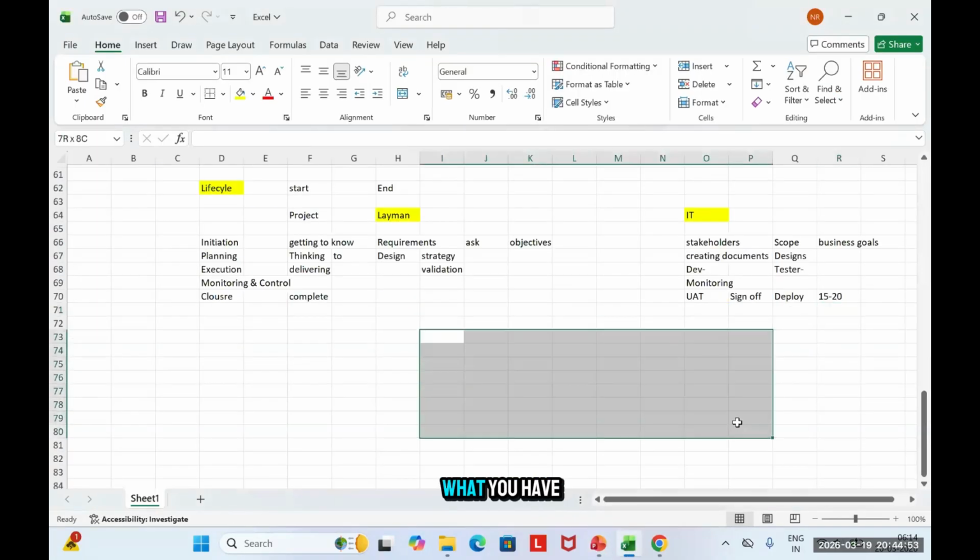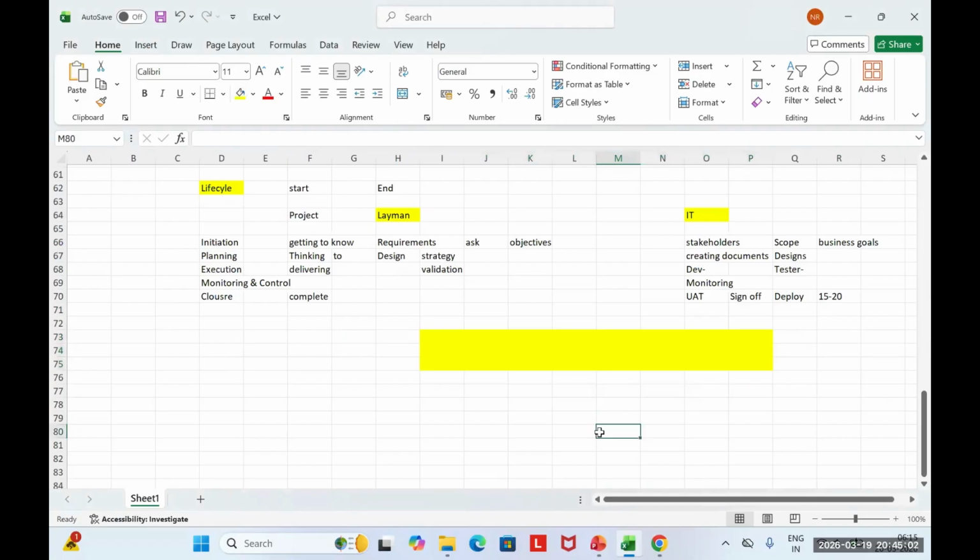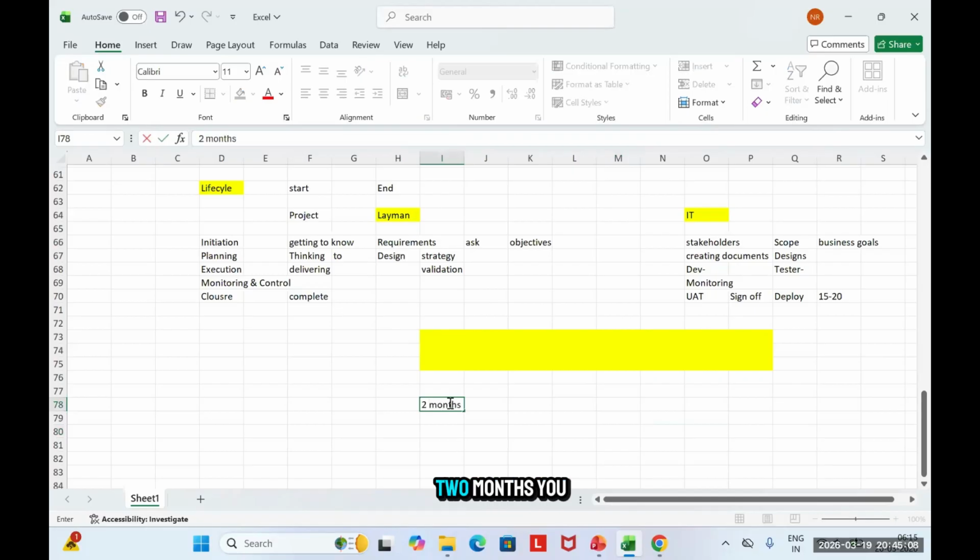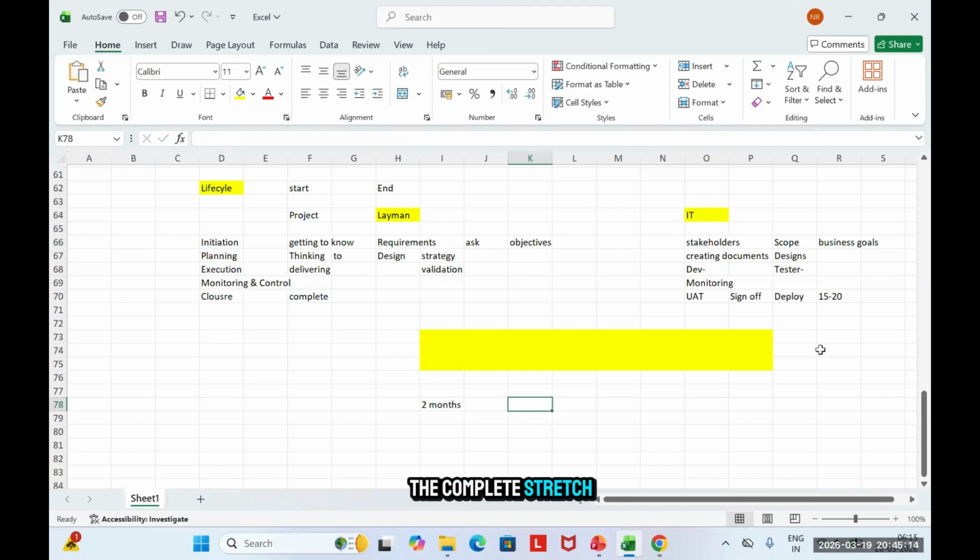Suppose this is the complete work you have to deliver, and this is the timeline. Right now the timeline is maybe 8 weeks, or roughly 2 months, that you will take to deliver a project. One way is that you do it in one complete stretch, and another way is that you divide it into 2 weeks of effort.